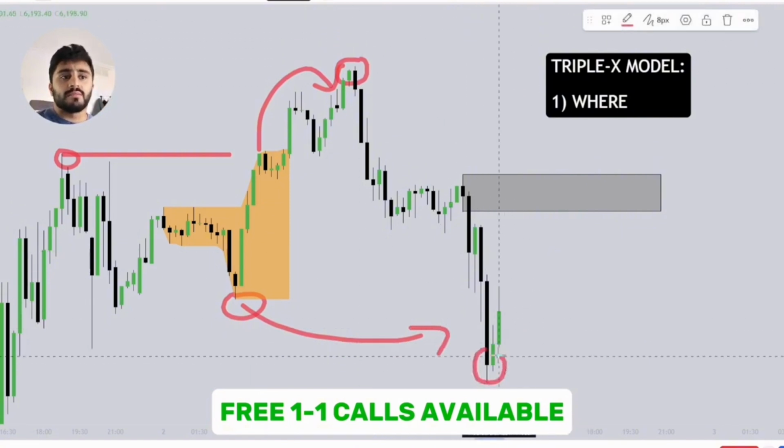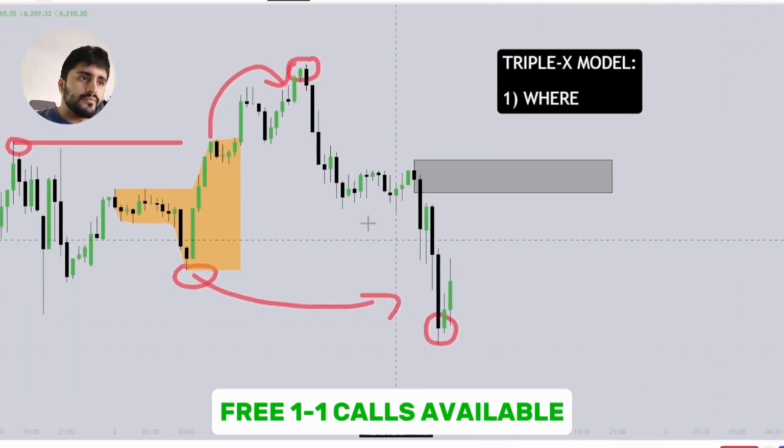You want to ask yourself what this means from a liquidity perspective. So from a liquidity perspective, when you see this, the way